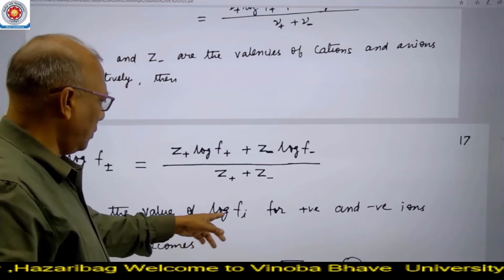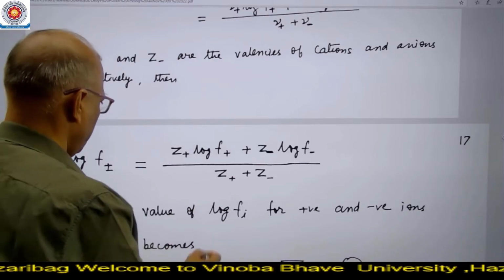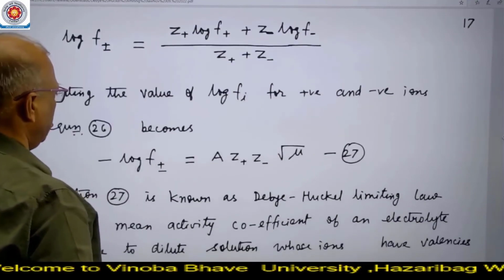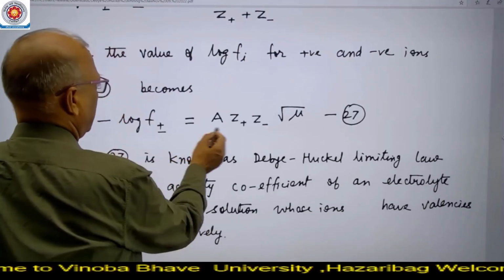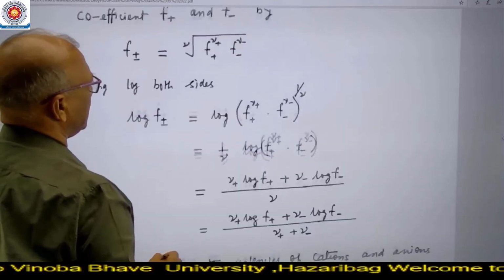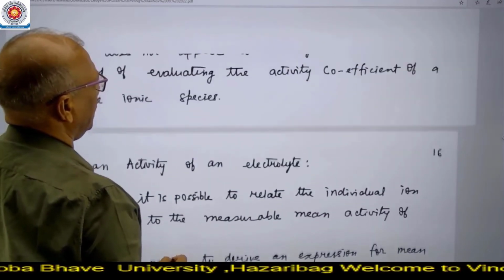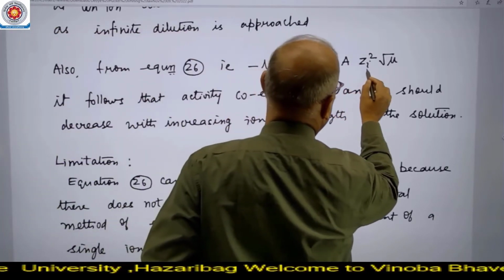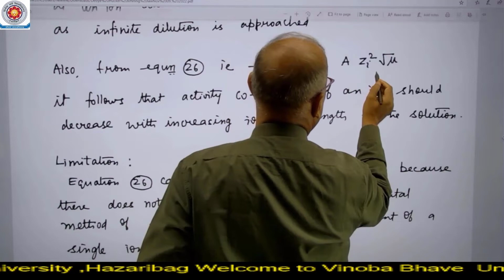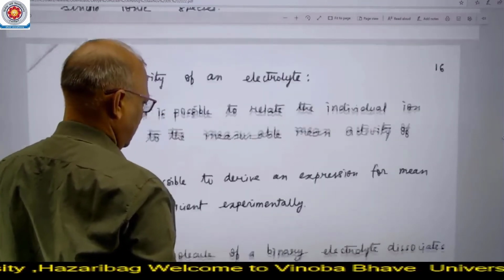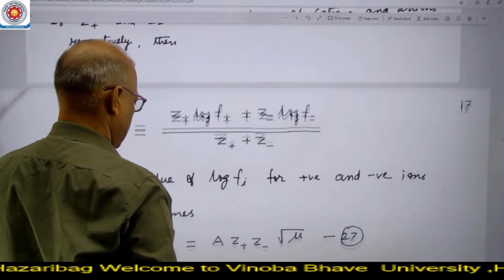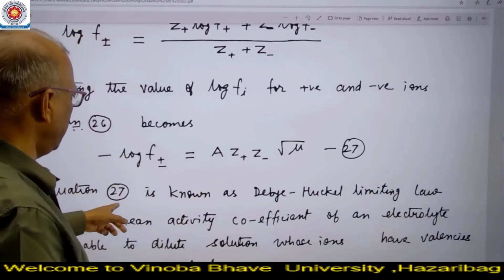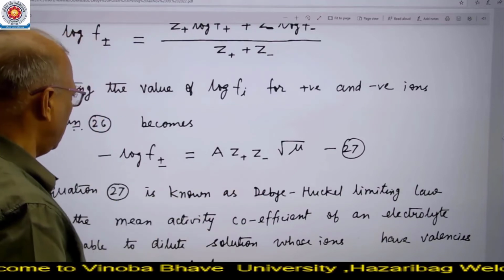Inserting the value of log f_i, मतलब जो activity coefficient है for positive and negative ions, equation 26 becomes this one. क्योंकि equation 26 हमारा यहाँ इस तरह से था, तो इसके जगह पर जो हम z_i square लिखे हैं वो हम यहाँ पर ऐसा लिखेंगे Z plus और Z minus under root mu. Equation 27 is known as Debye-Huckel limiting law for the